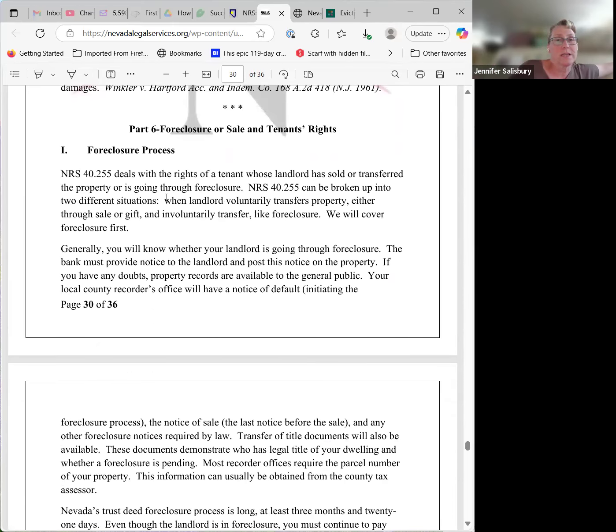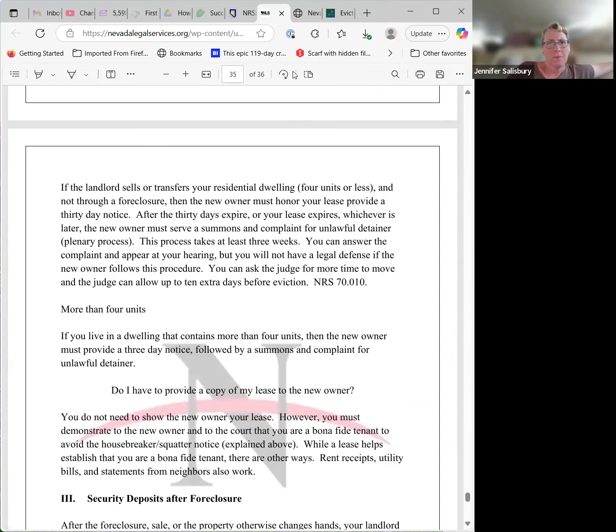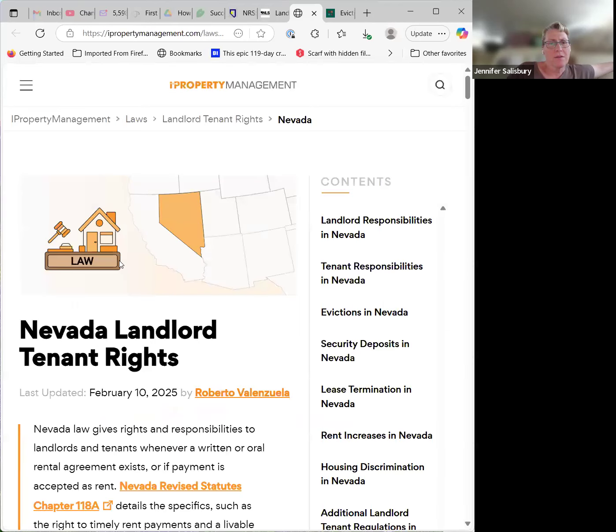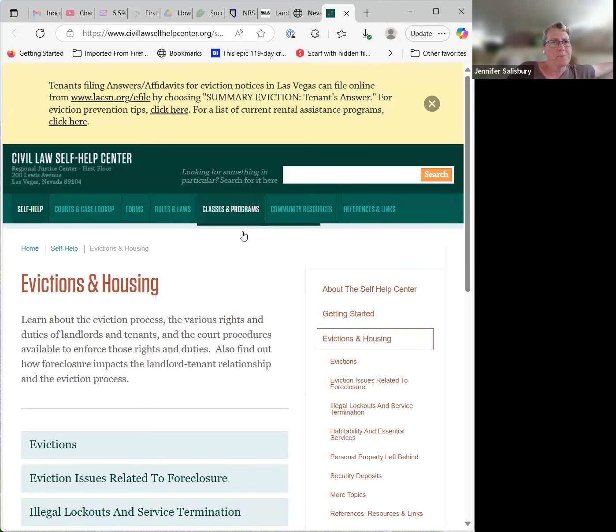So here's the information for Nevada Legal Services, Inc. It's nevadalegalservices.org. This is very important that you can look at this too. But let's go on to one of the next resources that we've got. I'm going to forego this one at the moment. If you want to look at this hyperlink, it is in the description of this episode. But let's go to